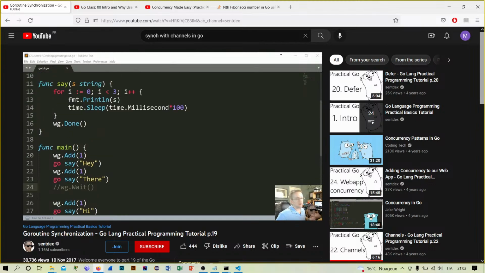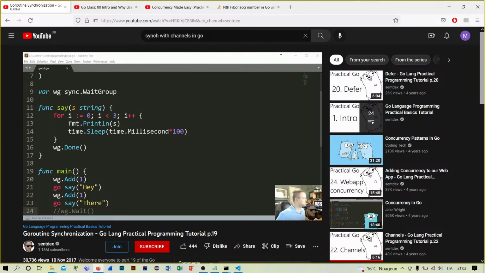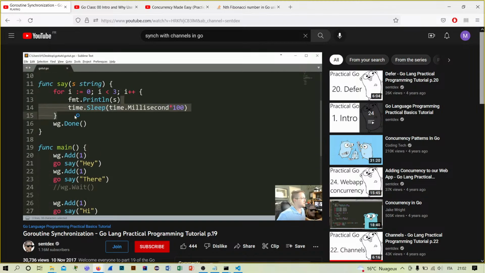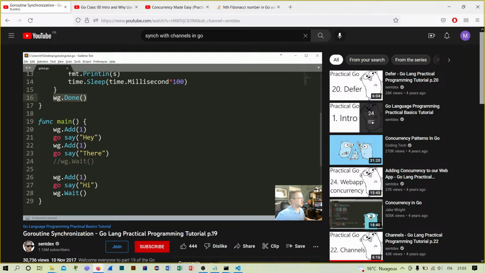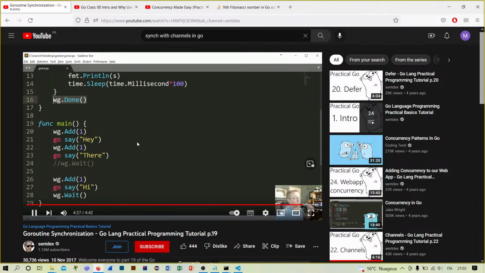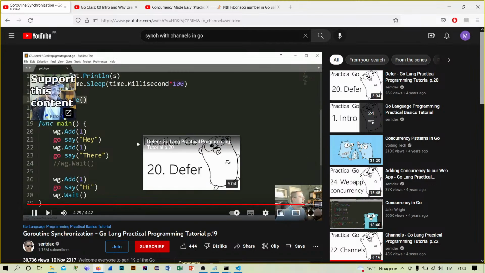What would happen if somewhere along the lines we hit some sort of error, and this code just panics out or whatever, and we never actually get to tell the wait group that we're done? Well, we're going to be waiting forever. So in the next tutorial and the coming tutorials, we're going to talk about the defer statement first, and then we'll be talking about panic and